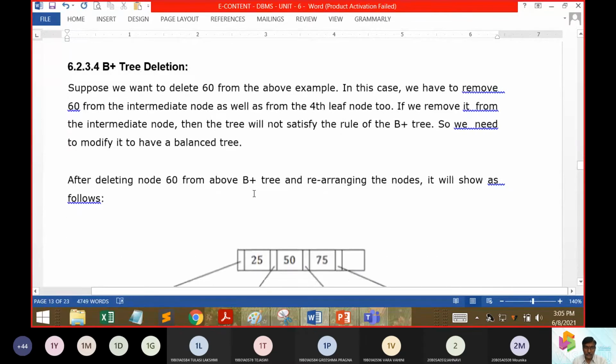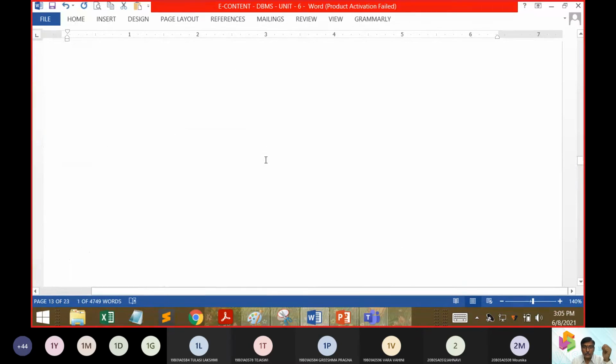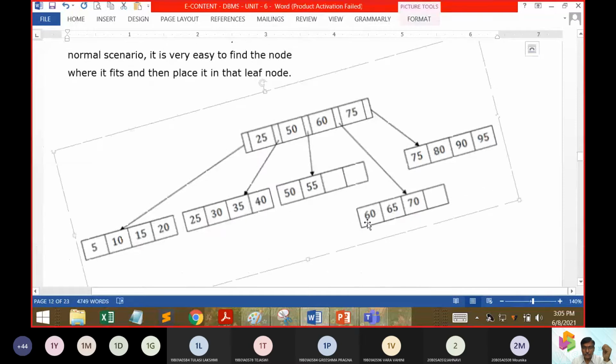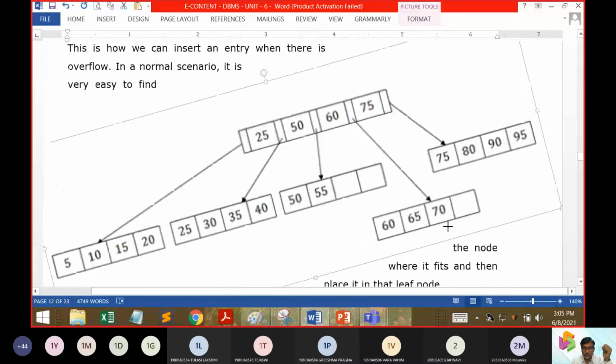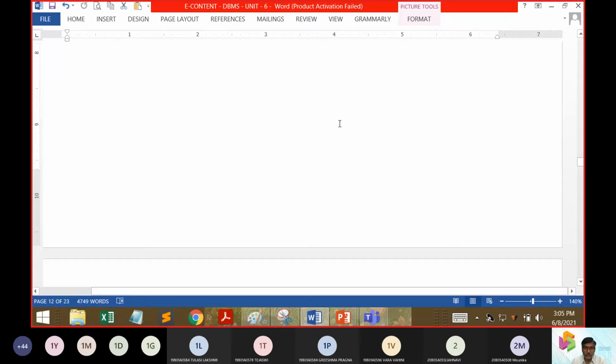So in this B plus tree delete operation, when we are going to remove 60, the answer was we are going to restore the B tree again, because once we remove the entries of 60, now 60 has to be eliminated from the data node and 60 has to be eliminated from the index node.